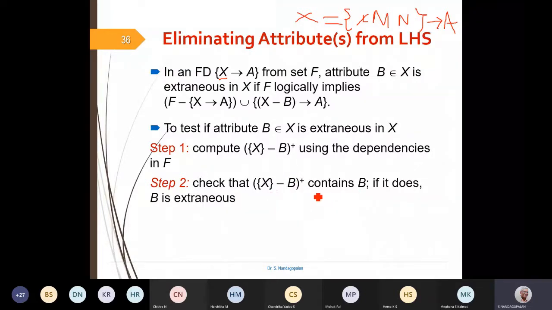Supposing that attribute is not present in the closure, then we say that it is required; you can't eliminate or delete it. So find MN closure, MN plus: if that closure contains this L, it is extraneous. If it doesn't, then you can't eliminate it. So let us understand this.